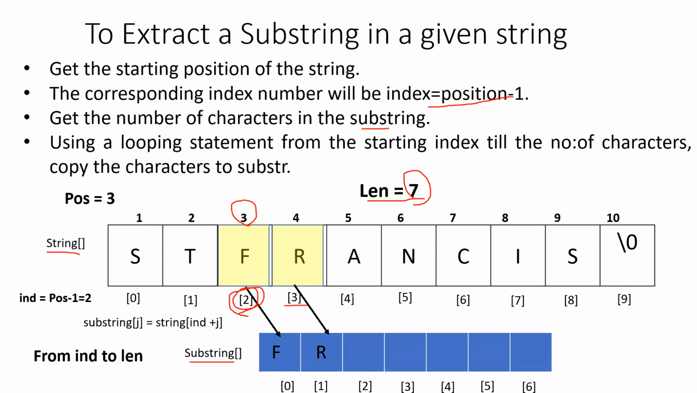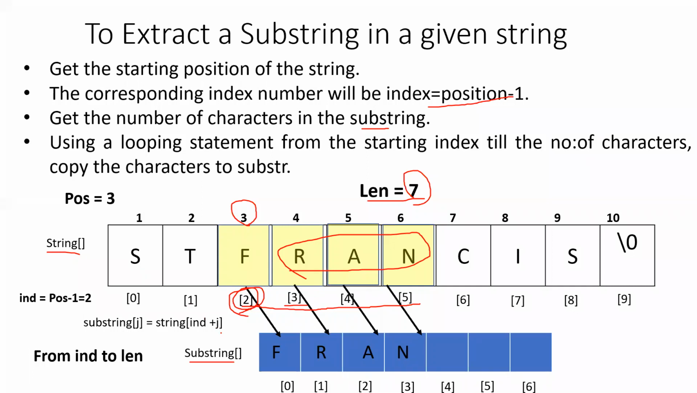So if you want to write one program like this to copy, if you are writing only with the index numbers which you know, you can just write substring of 0 equal to string of 2, substring of 1 equal to string of 3, substring of 2 equal to string of 4, and again substring of 3 equal to string of 5. But you don't know, each time, these numbers or the index number of the string may be varying. If I am giving another substring to be extracted, suppose I want to extract RAN, the index number will be different. So we should generalize